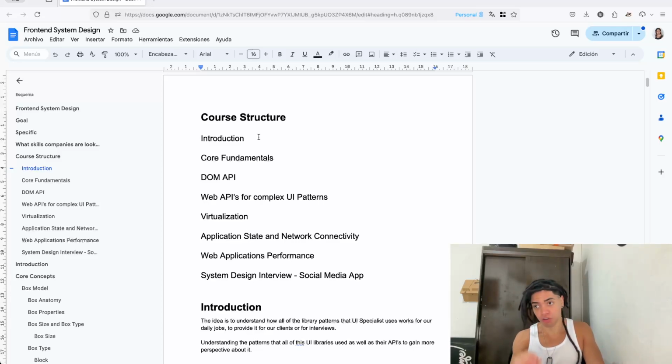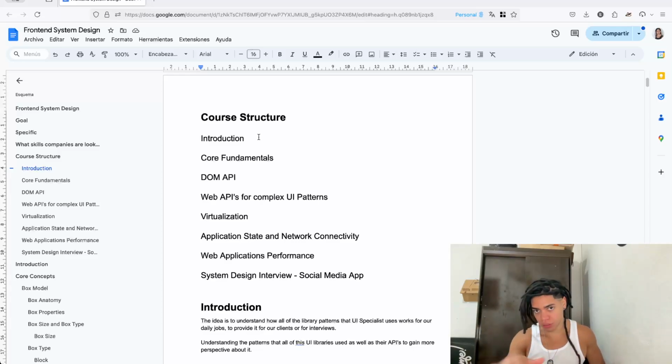Because this course is solely for UI development, we're going to see the areas where we as UI specialists work every day, the patterns, as well as the areas that we need to look at and understand, as a way to see how we can solve these particular problems in each one of those areas,